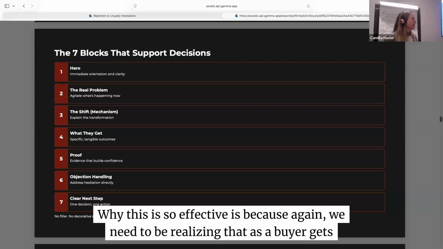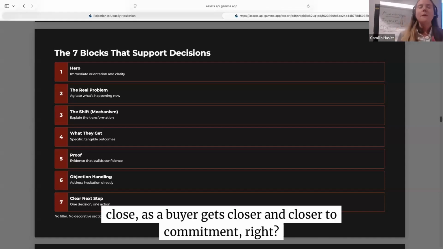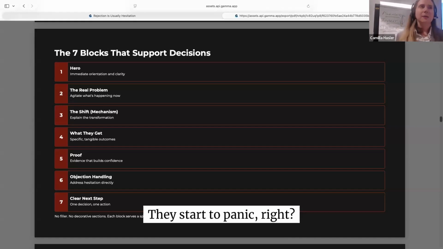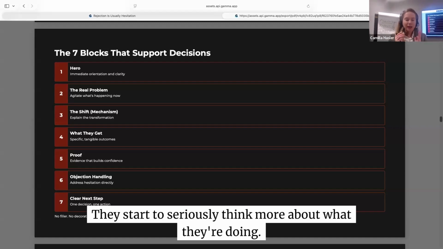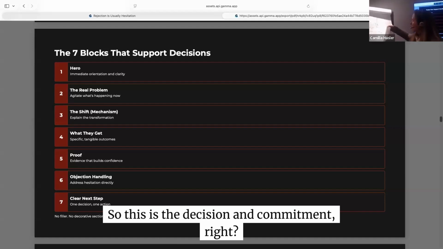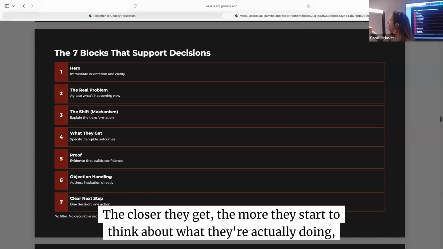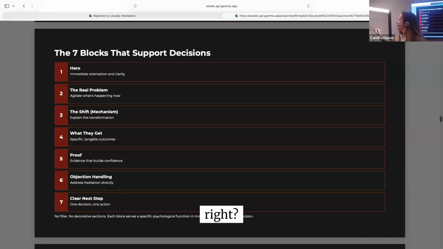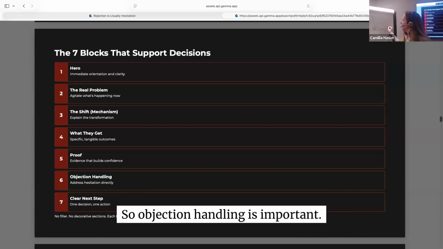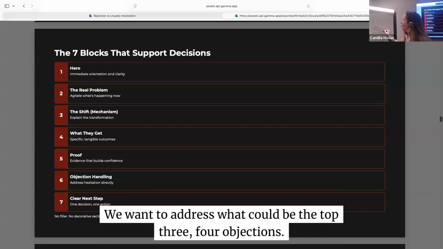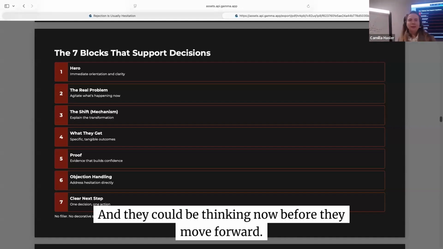on that page. Why this is so effective is because, again, we need to realize that as a buyer gets closer and closer to commitment, they start to panic. They start to seriously think more about what they're doing. If this is the decision point and commitment, the closer they get, the more they start to think about what they're actually doing. So objection handling is important. We want to address the top 3 or 4 objections that they could be thinking now before they